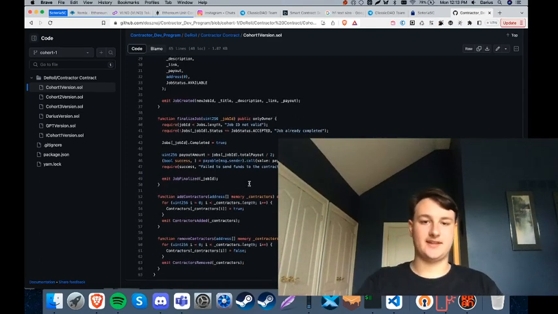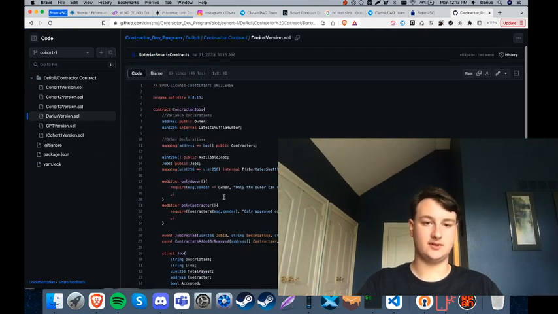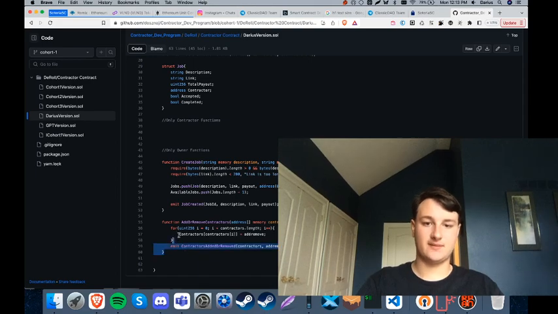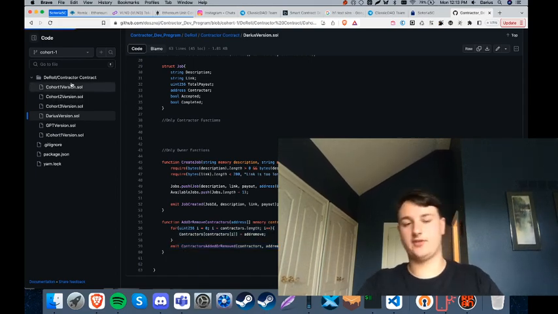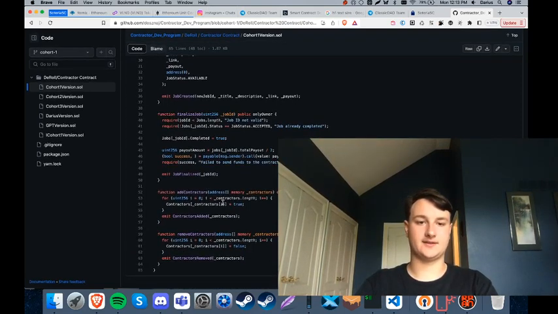Let's see, the add contractors. Okay, so you made, obviously I don't know if I made it over here, but as you can see in my function, I made it possible so that it could remove the contractors and add them. So you could do a lot of them at the same time. Oh, I see, but you change it up into separate functions. Okay, I see.